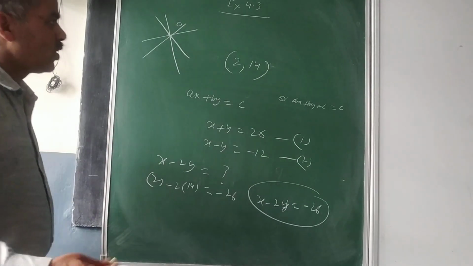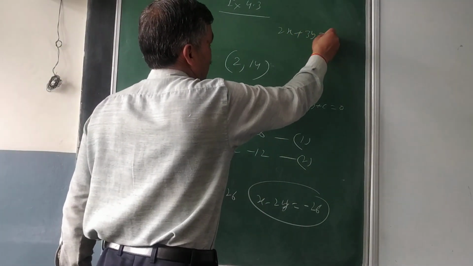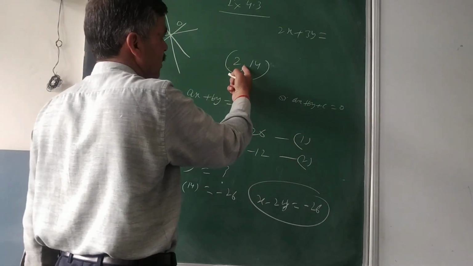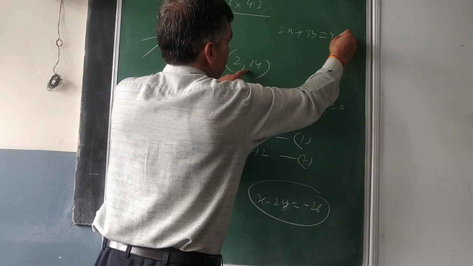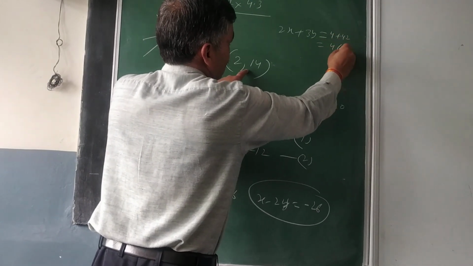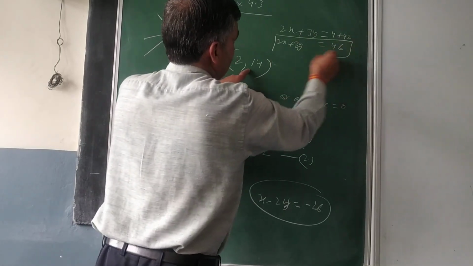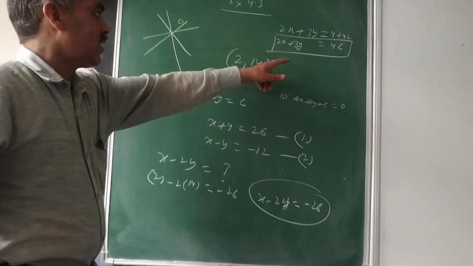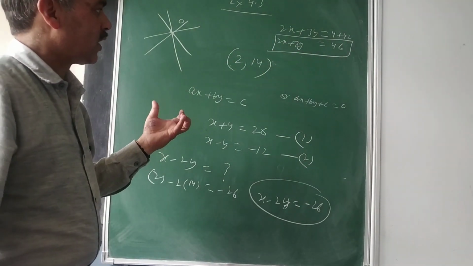So this is another equation we can say satisfying, passing through this point 2 and 14. And another, you think of any equation. Suppose I am getting 2x plus 3y is equal to what? 2 2s are 4. So that is 4. And 14 3s are 42. What is that equal to? 46. So 2x plus 3y is equal to 46. That is another line which is passing through 2 and 14. I hope all of you are getting me.